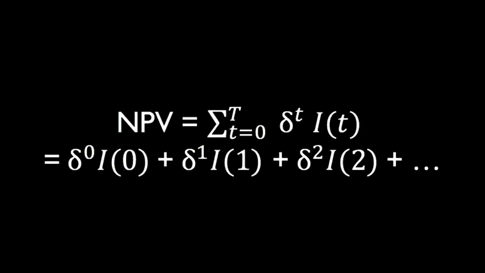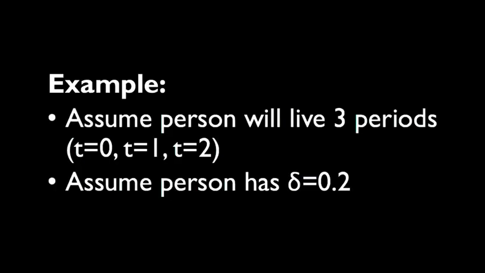Okay, I'm going to go through the math with you just so that you can get an example of how all of this works. So let's go back to the example of this person we've been thinking about who's trying to decide between a career in medicine versus life at the beach. First of all, let's assume that this person has 3 time periods in their life. So again, we always start at time period t equals 0. So we have t equals 0, t equals 1, t equals 2. That's 3 time periods. And then let's also assume that this person has a delta of 0.2. Okay, first of all, note that 0.2 is closer to 0 than it is to 1. So this is kind of an impatient person.